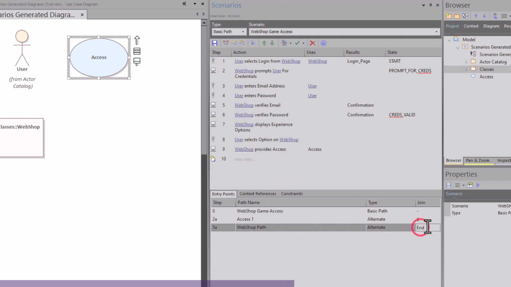and that's going to lead to an end. So the join is going to be end, abort, cancel. And so we're good on that one, right? And then